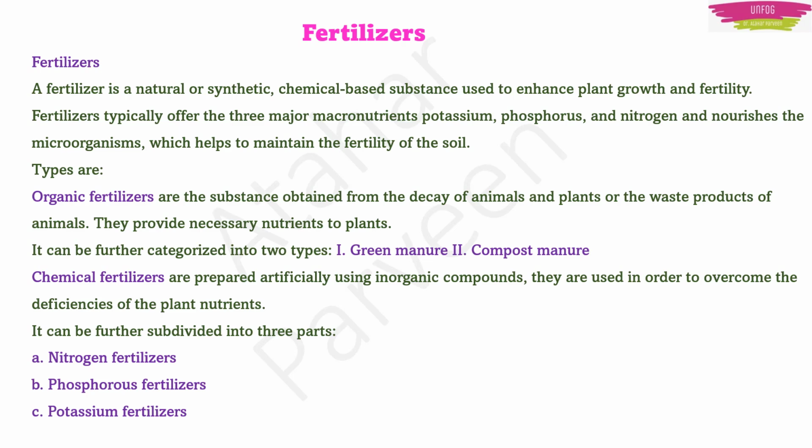Then chemical fertilizers are prepared artificially using inorganic compounds, and they are used in order to overcome the deficiencies of the plant nutrients. They can further be divided into three types. One is nitrogen fertilizer, second is phosphorus fertilizer, third is potassium fertilizer. So either they may ask this entire thing for 3 marks or they may ask any one line from this